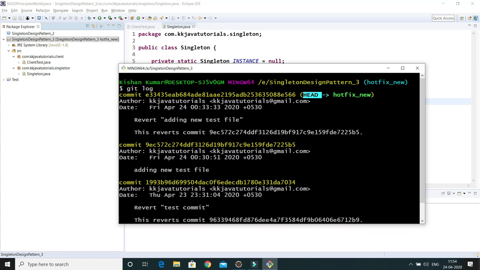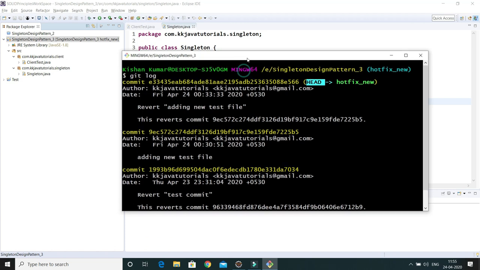Let's say I would like to create a branch for a specific commit. Let's say you are working on a project and you did some changes, and you have done some revert operation, and later you want whatever you have reverted back.